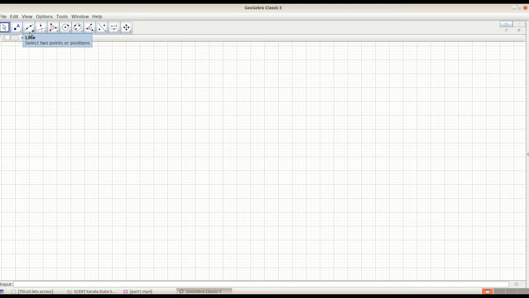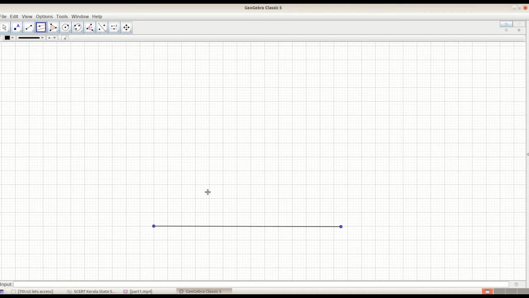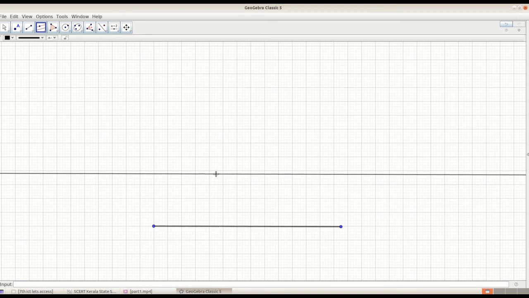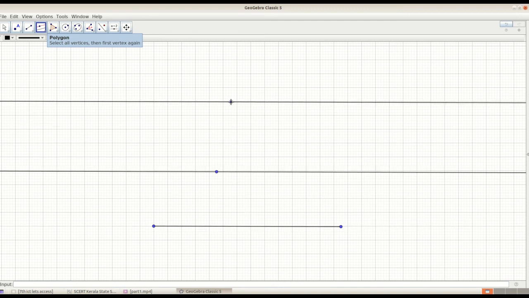For that, first take a segment, draw a segment, and then take the parallel line tool, click on the segment that you already drew and move. Here we got another parallel line. Again take the parallel line tool and click on this segment, and here we got 3 parallel lines.